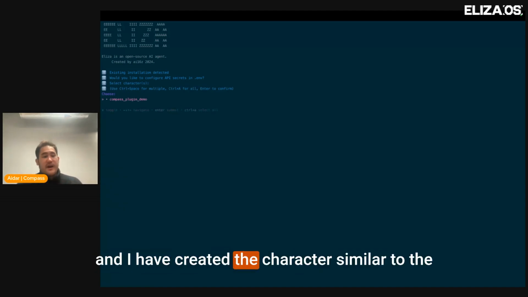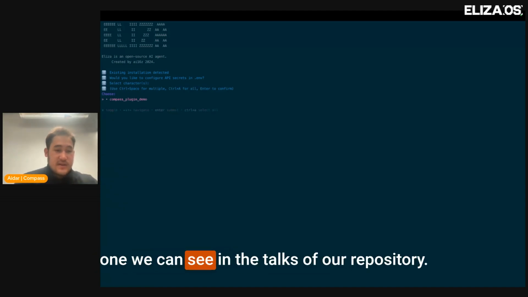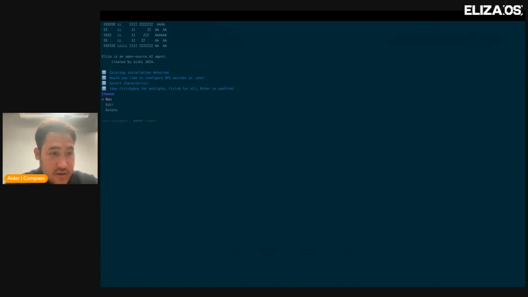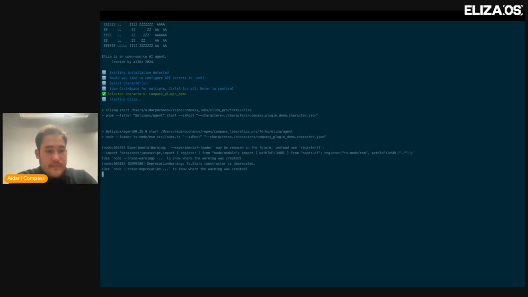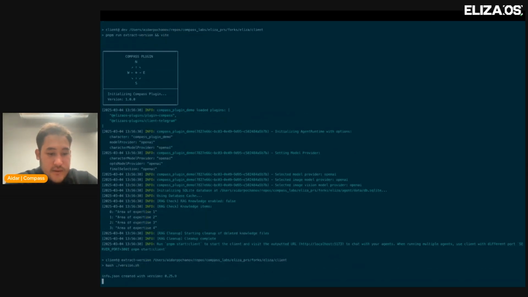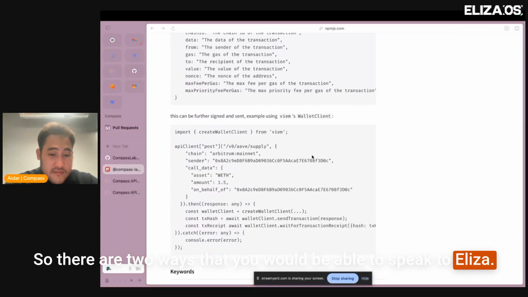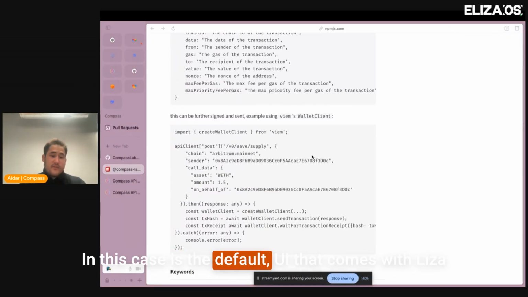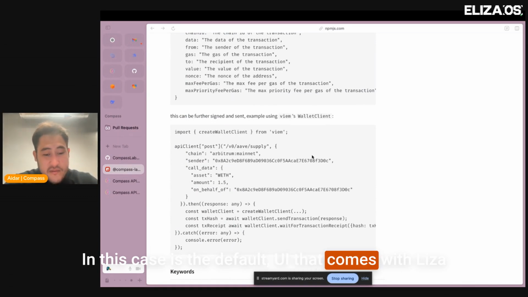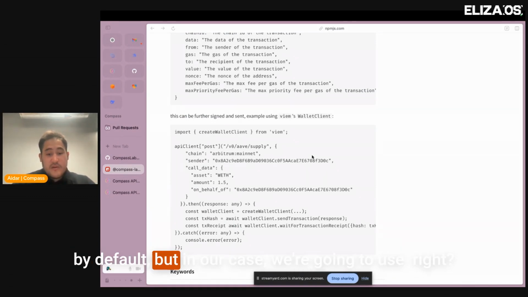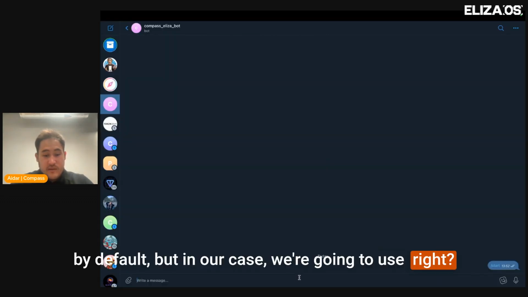And I have created a character similar to the one we can see in the docs of our repository. So there are two ways that you would be able to speak to Eliza. In this case, it is the default UI that comes with Eliza. But in our case, we're going to use